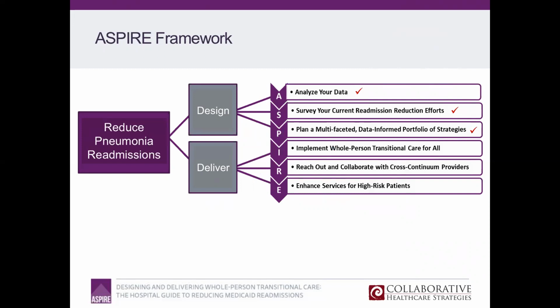Perfect. Okay, great. So as a reminder, I know not all of you have been on all of the webinars, so indulge me in a moment in orienting the newcomers to the Aspire framework. The Aspire framework is an acronym for the evidence-based strategic approach to reducing readmissions, whatever your readmission reduction goal is. Of course, what brings us together in the Knockout Pneumonia campaign is to knock out pneumonia readmissions, and that's our collective objective in our work together, recognizing that many of your teams are working on reducing readmissions of a variety of sorts.